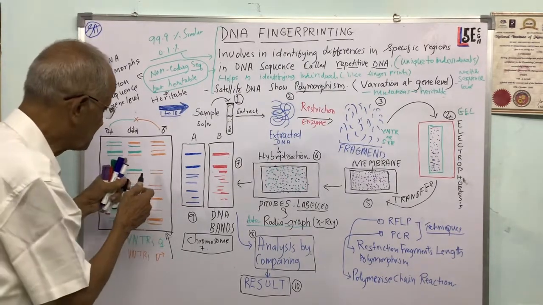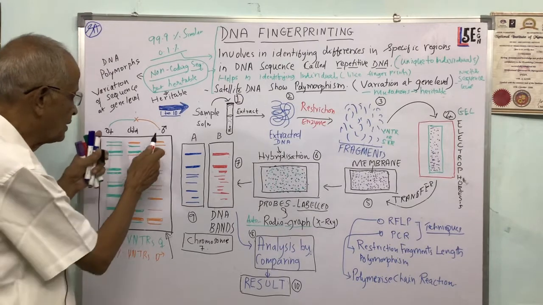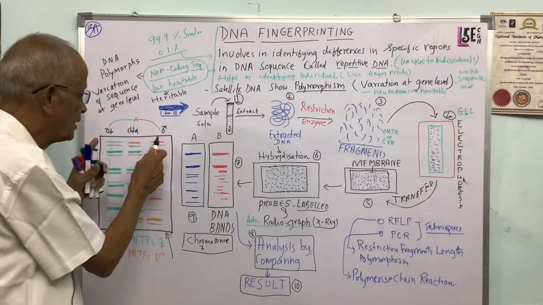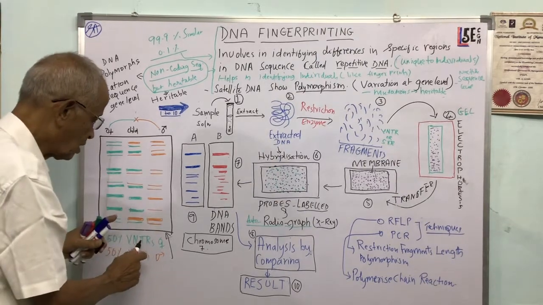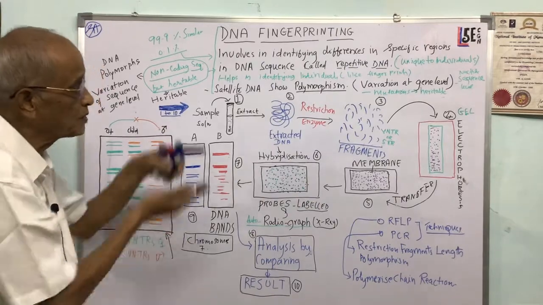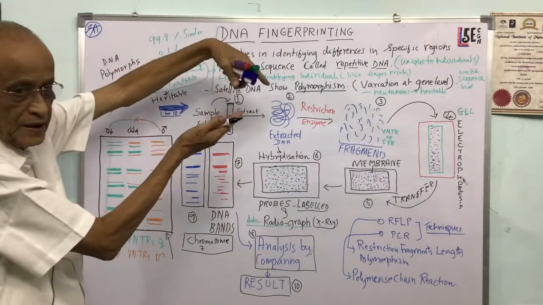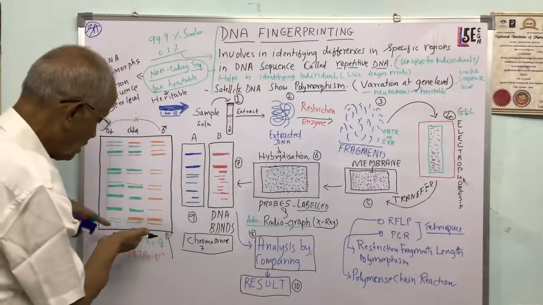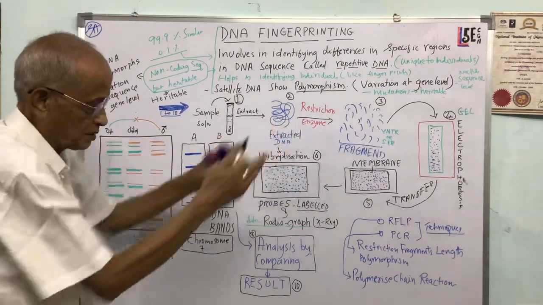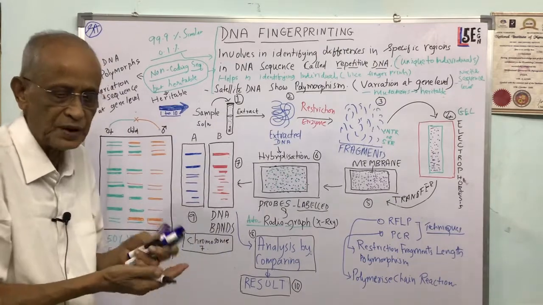When you compare the child's DNA, if these two are the parents, then they share 50% of all the DNA material, including the satellite DNA, including the VNTRs and also the STR. That means the entire genome is shared